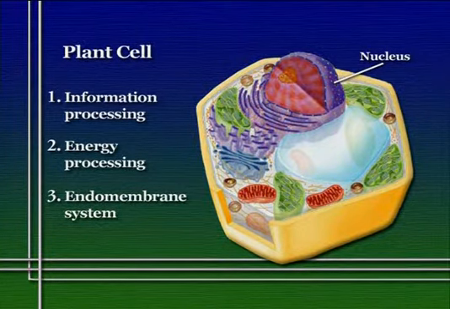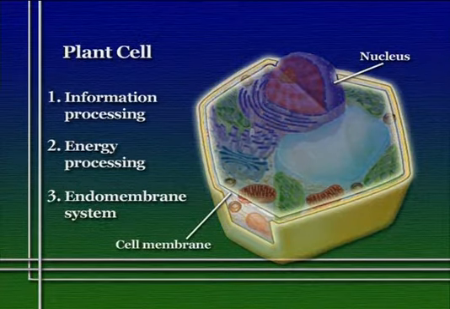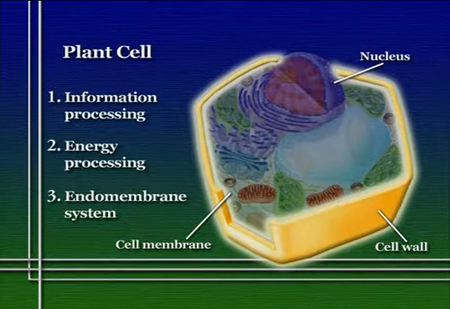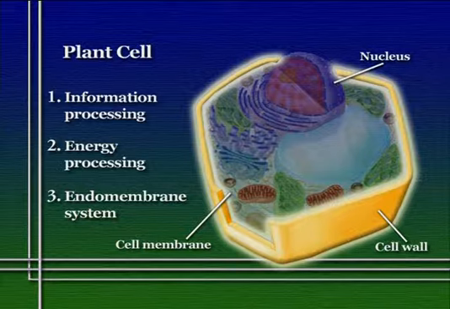Now, the first and the most significant difference between plant and animal cells from our point of view is that in addition to being surrounded by a lipid bilayer membrane, plant cells also are enclosed in a rigid cell wall. This cell wall is composed of cellulose, which is a very stable sugar polymer, a polysaccharide, which is embedded in a matrix of other kinds of polysaccharides and proteins. Actually, the structure of a plant cell wall is a little bit like reinforced concrete, with the cellulose forming very rigid reinforcing rods within a matrix.